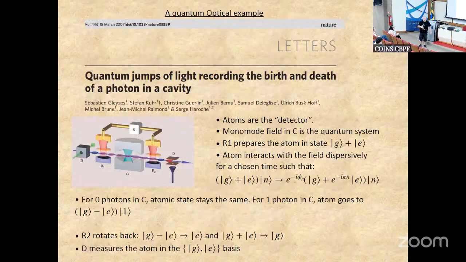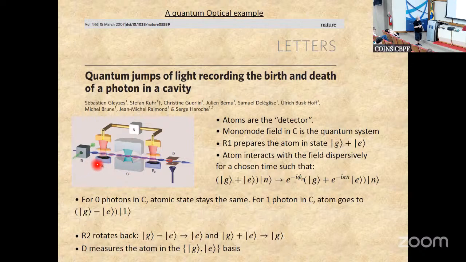I'm going to bring now an example of quantum jumps that was made in the lab in quantum optics. This is a very nice work done by Serge Haroche's group at LKB in France. Here the roles are reversed. Actually, the quantum system is the field inside the cavity, and the atoms are going to be my detector. Just to explain very quickly how it works, the atoms are produced in an oven. They are pumped into a high circular Rydberg state.